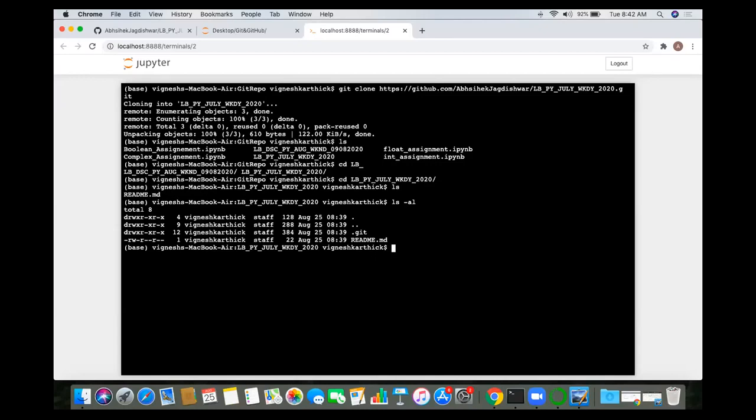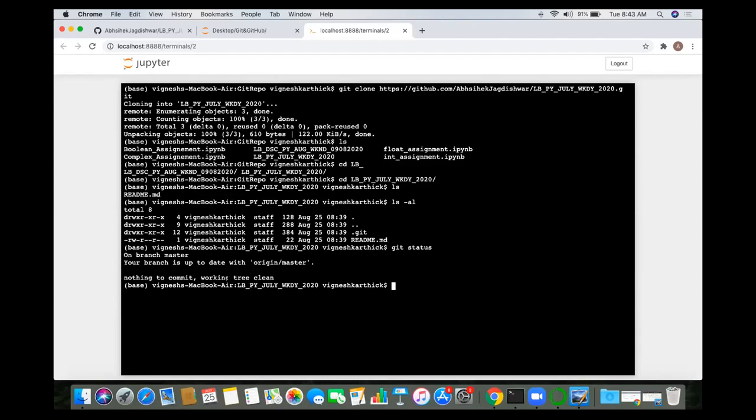Now what we are going to do, we are going to make one change here. A few commands you need to have hands-on practice of is, first of all, git status. Keep checking git status. What is the current status of your present working directory? If you do it right now, it will show you that we are on the master branch, and your branch is up to date. There are no changes and nothing to commit. It means the working tree is clean, meaning there are no changes you have done. Once you make changes here, it will change this status, and we will see those statuses in some time.